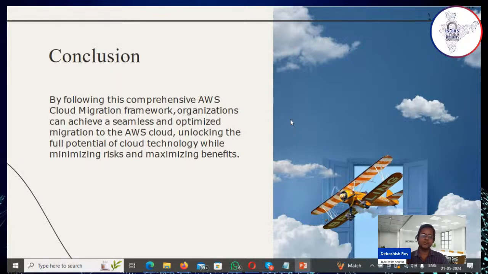Say, for example, you have a ticket booking system and you want to store the database there, maybe a normal SQL database, but you have to store the SQL database in the cloud. So that is the power you have, and that power you must leverage. So that is about the AWS migration. And also,